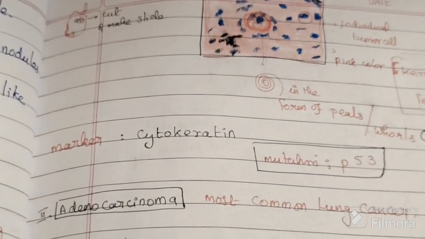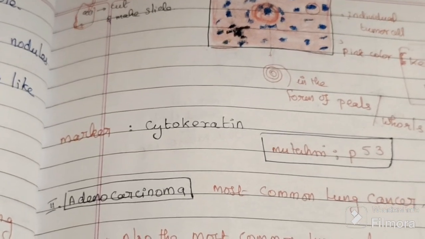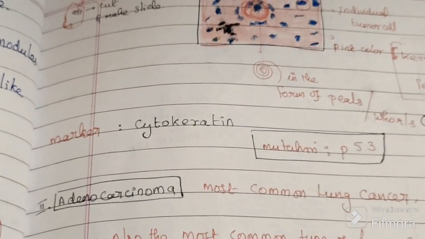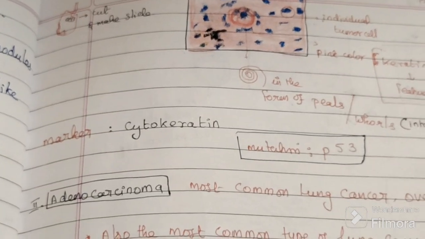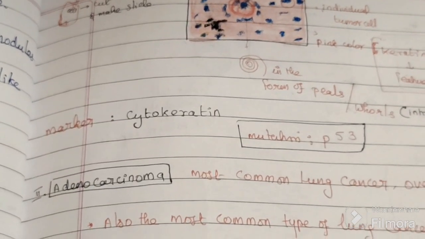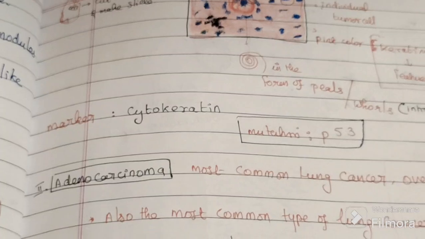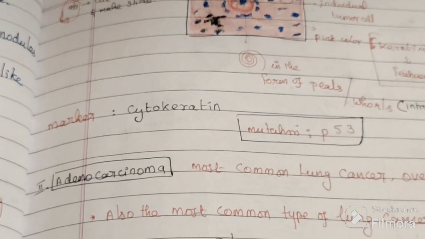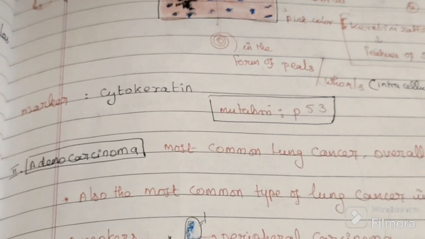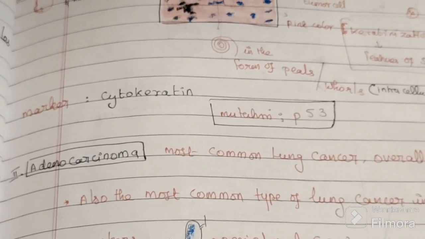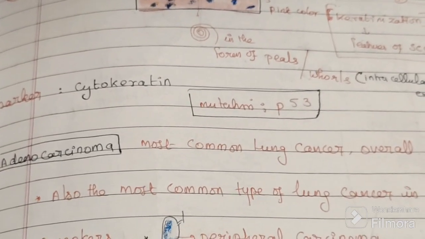Now, what is the marker for this tumor? It is a brown color liquid presented in a bottle. Spread the liquid over the slide. If it is squamous cell carcinoma, it will pick that marker. The name of that marker is